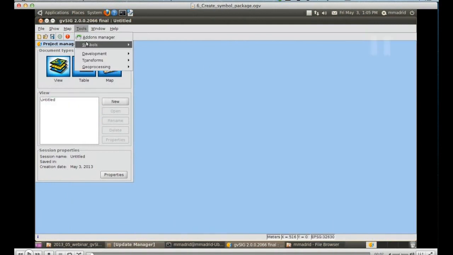Now, if you've gone ahead and you've added some data in or added symbology in, you might want to share that with other people. And as I said, this could be useful just to share with anybody in the gvSIG community, or it could be something you're working on a project with people in your organization and you have some symbols that you'd like everybody to use. All you have to do is go to Symbol,